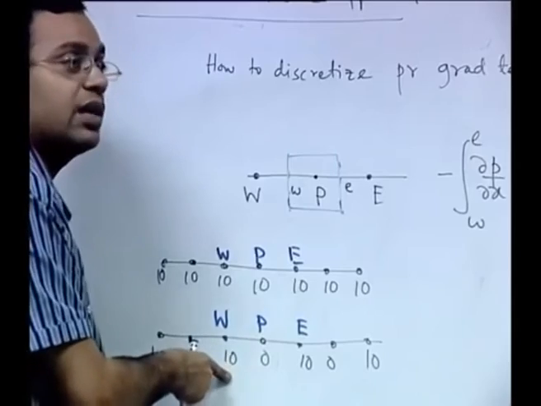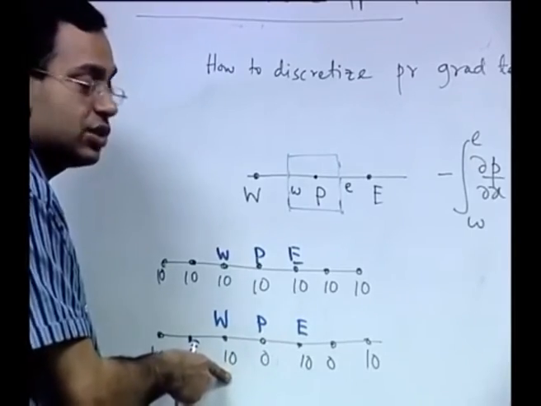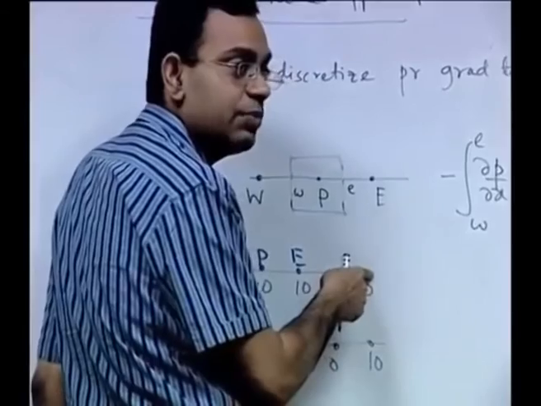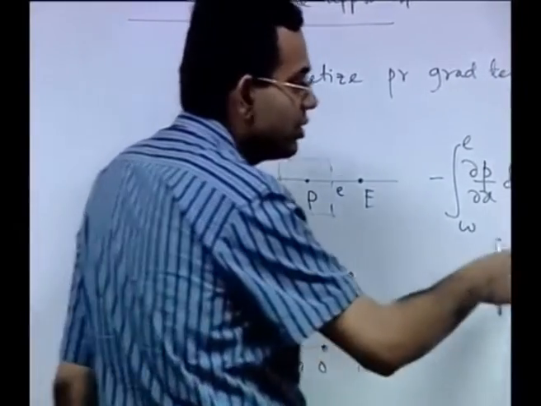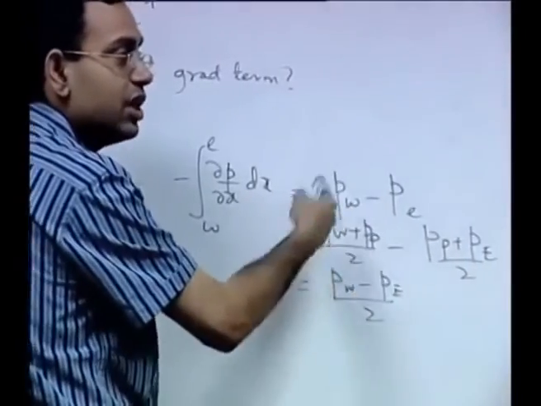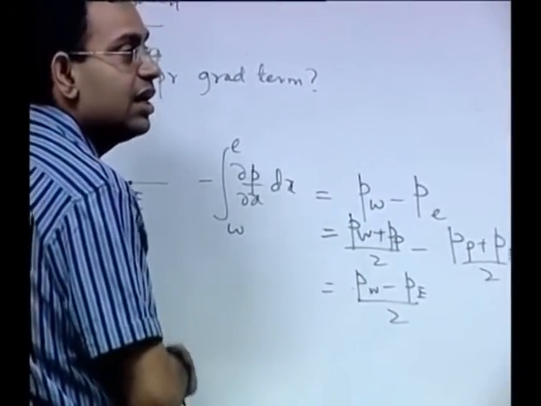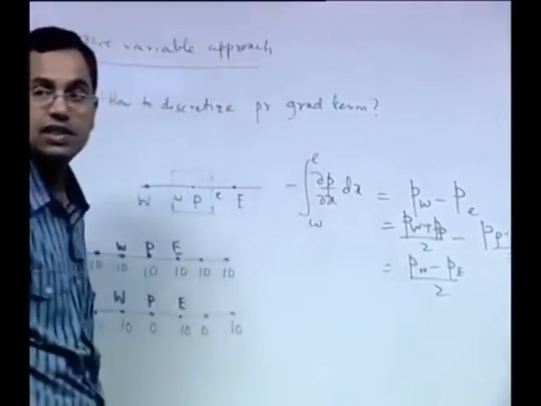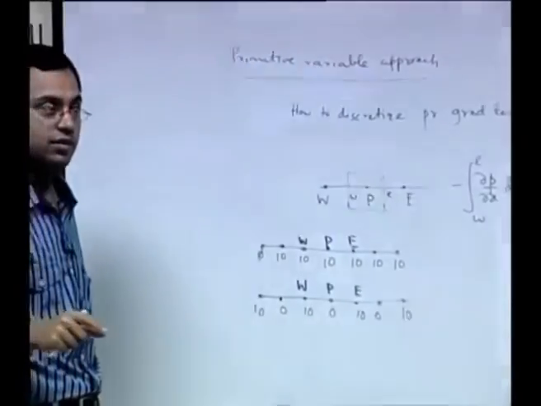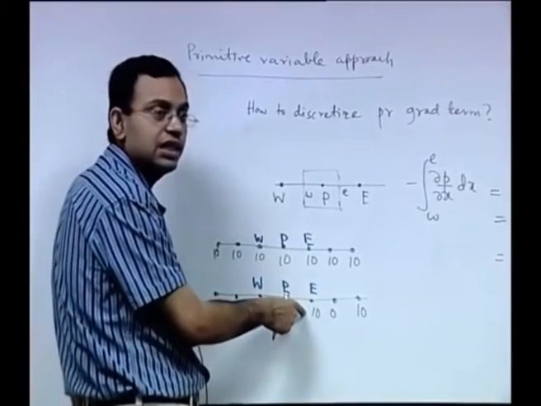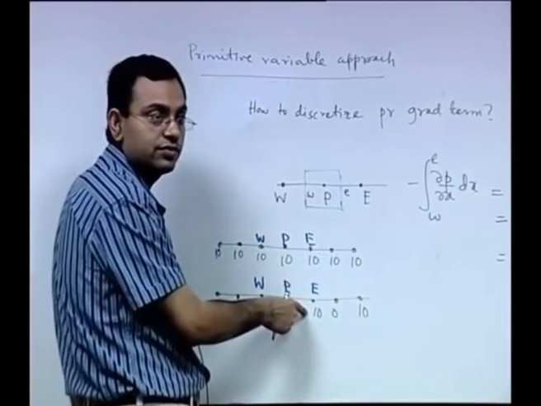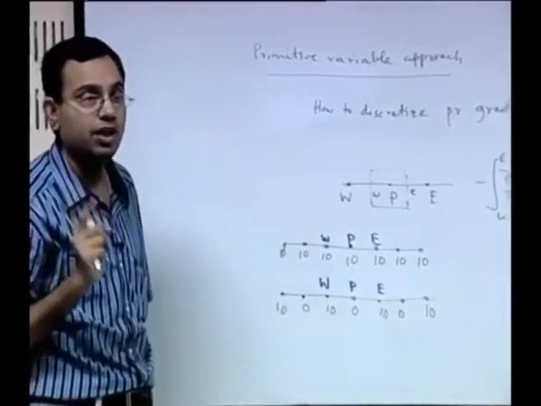So, here you have a net pressure gradient, the pressure gradient is not 0. Physically, in the first case the pressure gradient is 0, and here the pressure gradient is not 0, but because of the artifact of this interpolation both the cases are handled in the same way, both the cases are interpreted in the same way, that is clearly wrong. Here the pressure gradient is 0 we can understand, but here the pressure gradient is clearly not equal to 0. So, this is a big problem.